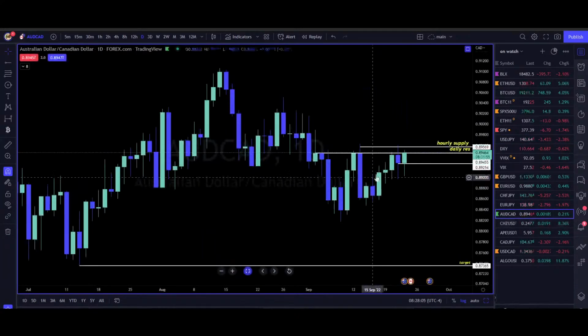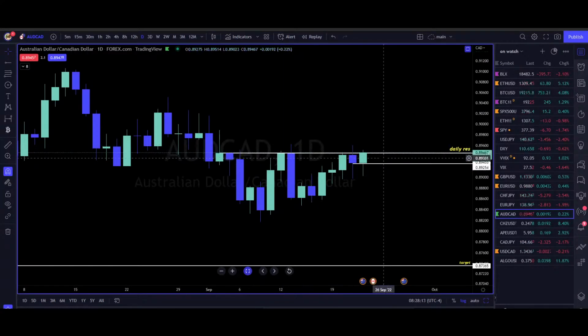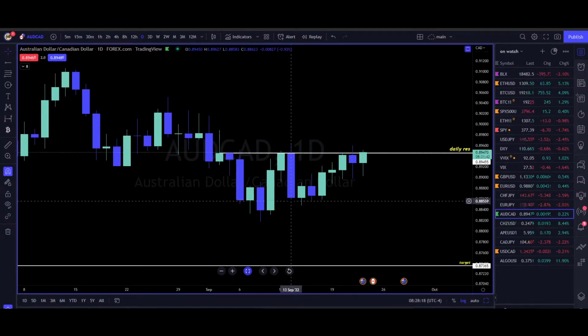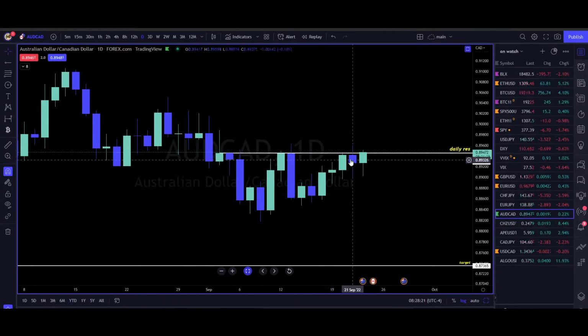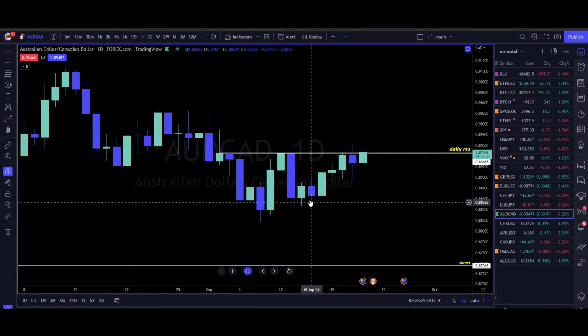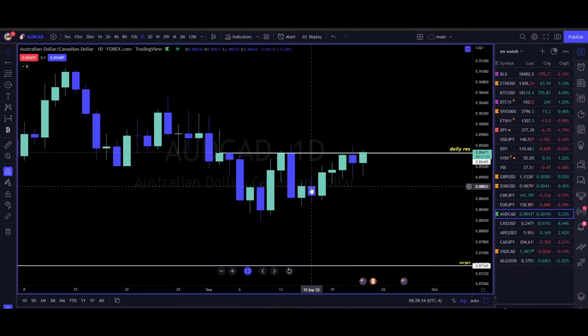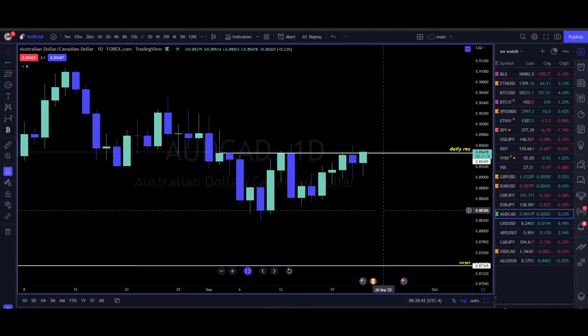And the Aussie Cad trade just is not playing out. I posted about this Aussie Cad trade here on September the 12th. We were looking for shorts. We did take the short on this day. It did play out beautifully, but that position has been stopped out. You can see here that after we made this nice move to the downside, we could not get any downside continuation here. Instead, what happened is the very next day, we broke back up above previous resistance, came back in here for a retest, and got another bullish expansion right back up into this resistance.